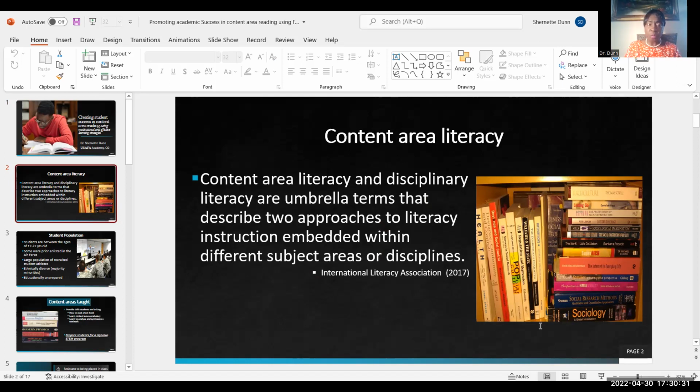As you can see, the definition states that content area literacy and disciplinary literacy are umbrella terms that describe approaches to literacy instruction that are embedded within different subject areas and within their discipline. This is well established within the International Literacy Association. That's why I'm highlighting this, because in higher education, we may not focus on reading so much, but it's a very important skill that we still need to address, because a lot of our students are coming to us not prepared to read at the academic higher education level,